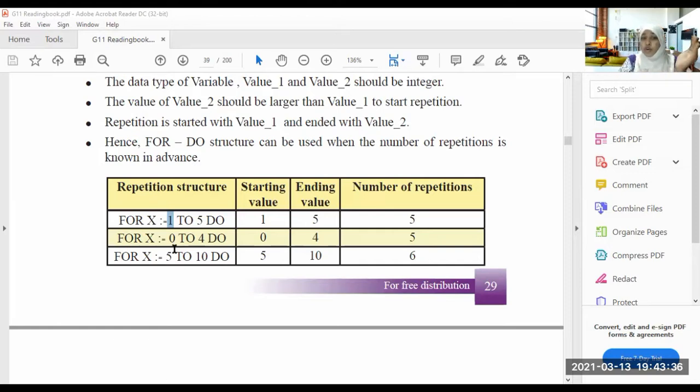So 0 will also be printed. 0, 1, 2, 3, 4. So 5 numbers will be repeated. 5 to 10 means the value starts from 5 and goes till the 10th one. So 5, 6, 7, 8, 9, 10. 6 times will be repeated.